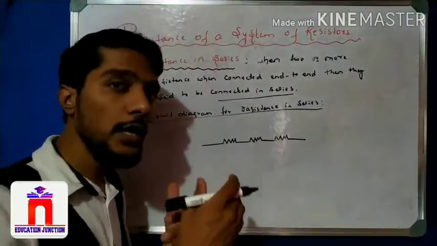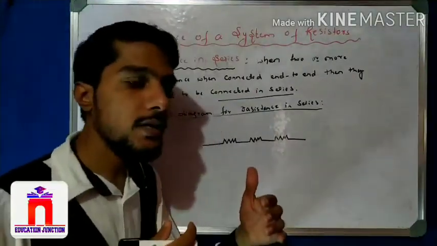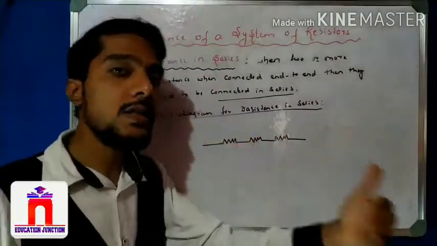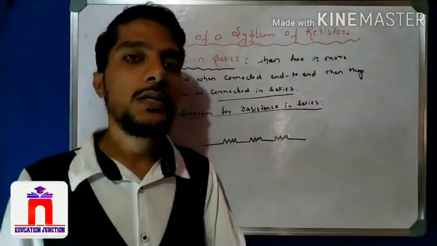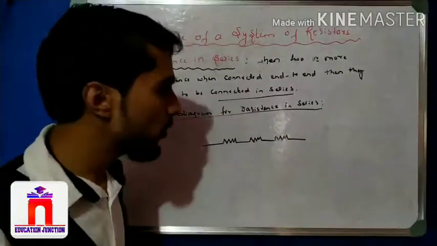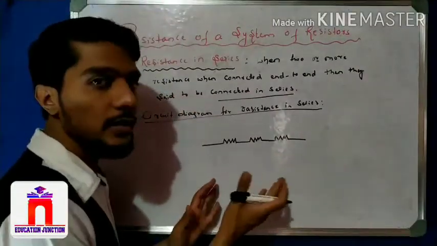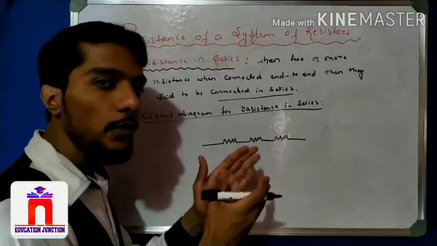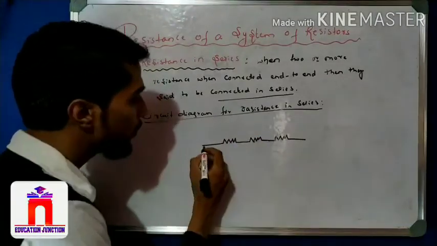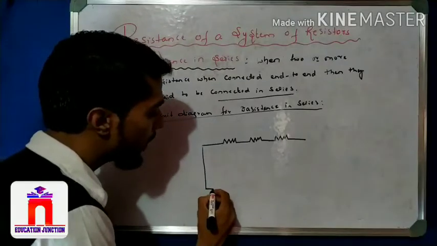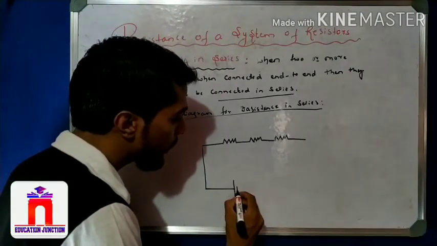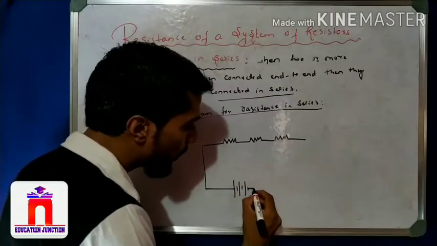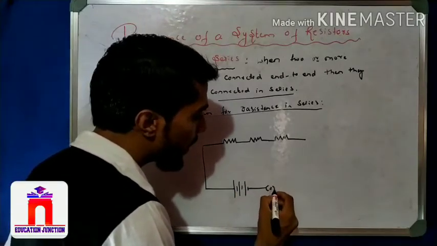When electric devices are connected end to end in the circuit, such a circuit is called a connection in series. Then, as we know, in a simple electric circuit, along with the electric devices we have the battery, we have the ammeter, we have the voltmeter. So the same I apply here. I take a battery: big, small, big one, small one, big one, and small one. So this is the battery, and I can use a key here.